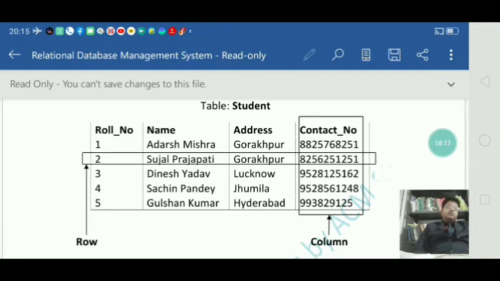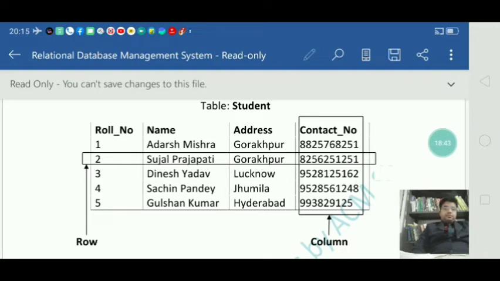Contact number has unique values. So you can take roll number as the candidate key, name also a candidate key, and the contact number column also a candidate key. Only address will not be eligible for candidate key.